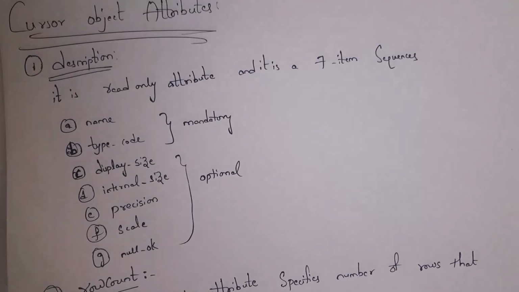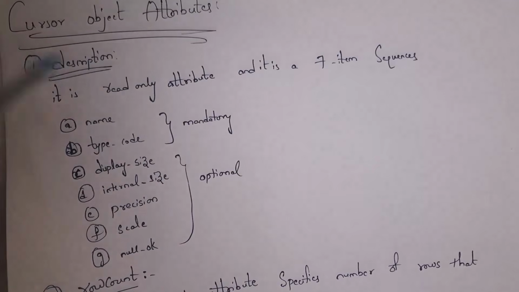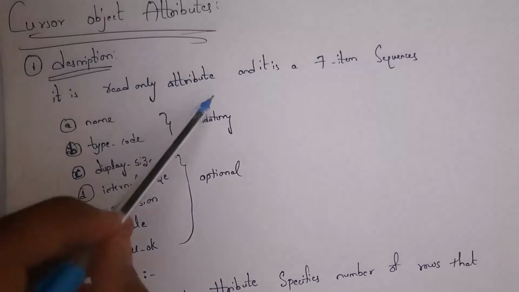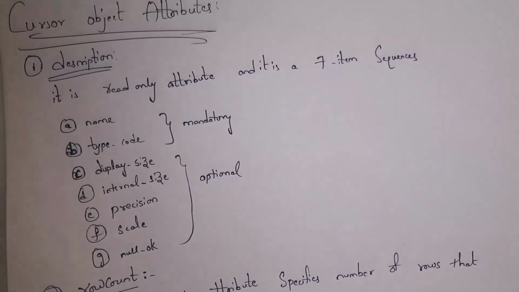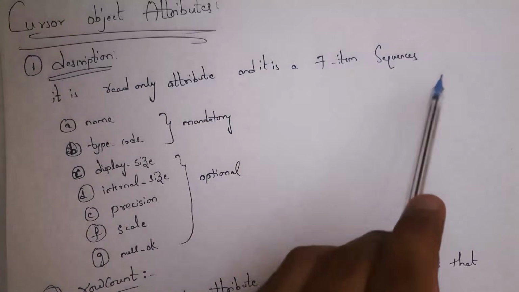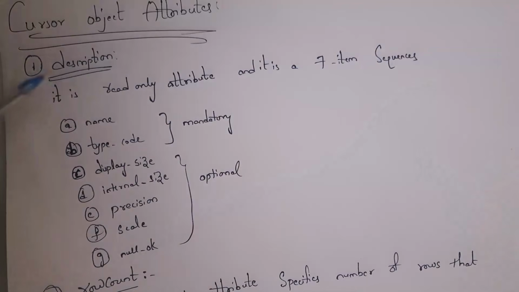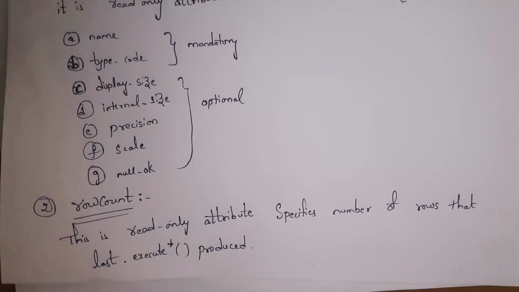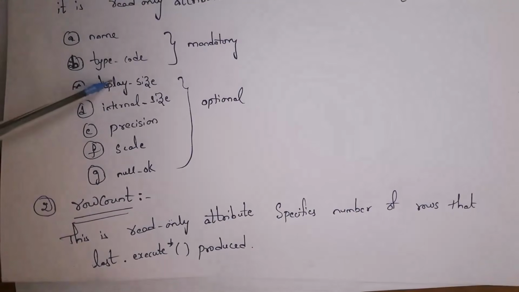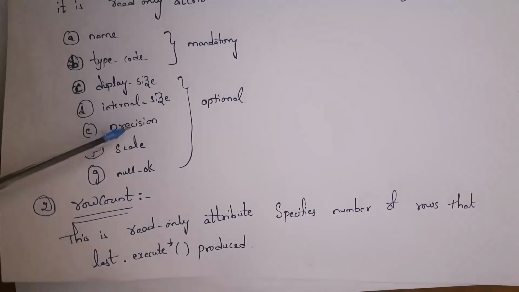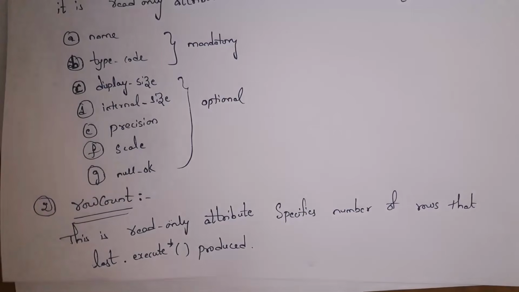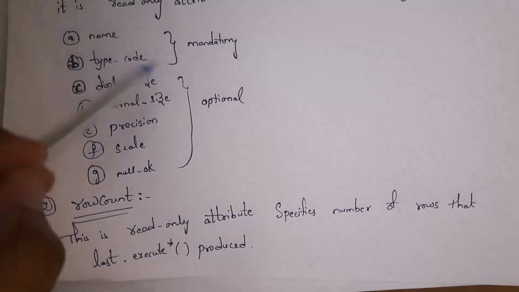Next I will explain cursor object attributes. First one is description. Description is read only attribute. Read only attribute means we can only read data, we cannot write data. And it is 7 item sequence. This description attribute contains total 7 items. They are name, type code, display size, internal size, precision, scale and null OK. These are 7 items description attribute contains. Among all these items, first 2 items are mandatory and whereas remaining items are